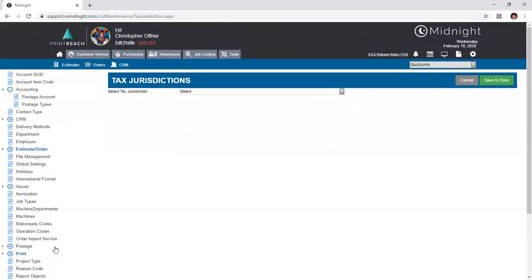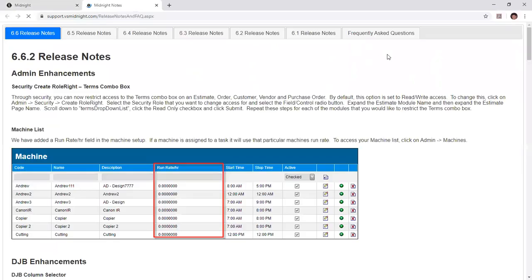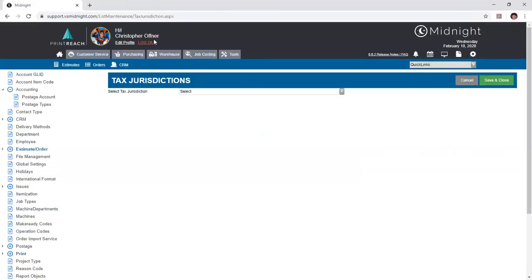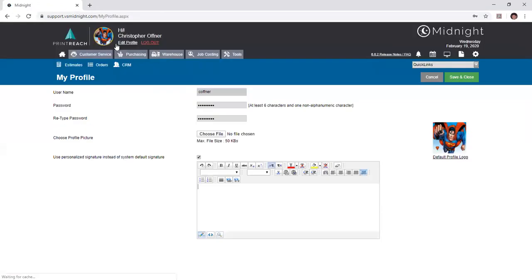The final thing to cover is that if you notice here in the upper right, there are several different icons. This version, release notes and facts button will always exist up here. If you check into this, you can see what updates include and a breakdown of how they work. You can also log out of your username by hitting the red button up here for your log out, and you can change your profile for your particular account after you've logged in by modifying your password if necessary,